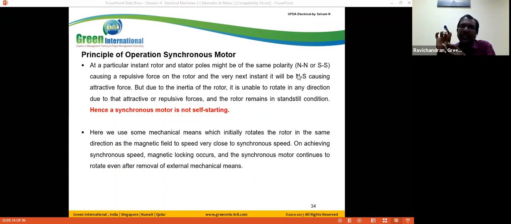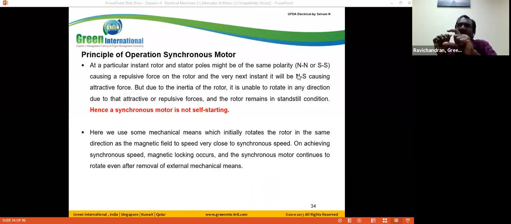Initially it does not rotate. So imagine once again, it's a motor. Initially, the field winding, the rotor, does not rotate. It has a north pole and a south pole, and I put a rotating magnetic field. Suppose imagine that it's a two-pole stator. So here the north pole, here the south pole. Now we have the field winding. The top of the field winding is also north pole, so the bottom of that field winding is the south pole.